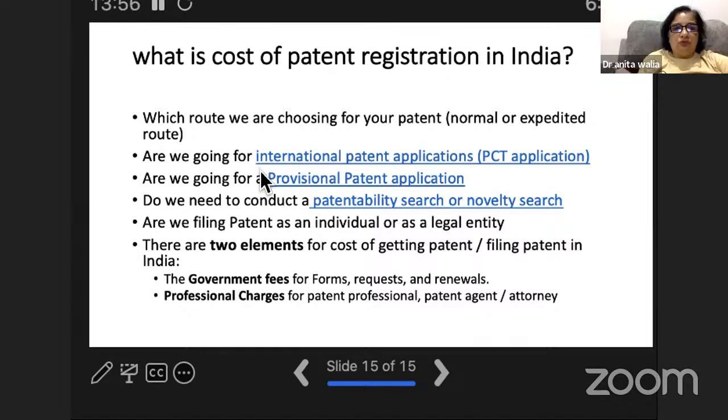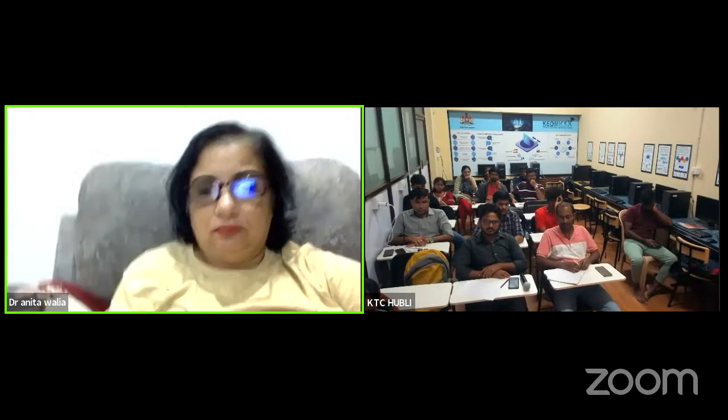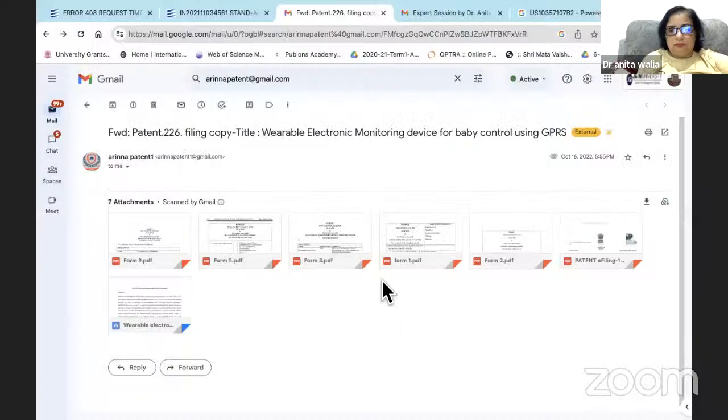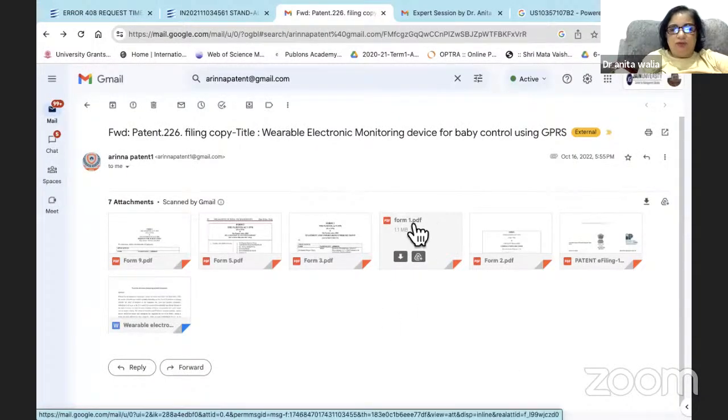Now I will just show you my patent filing, so you will have a good idea about it. There are various kinds of forms you have to fill.